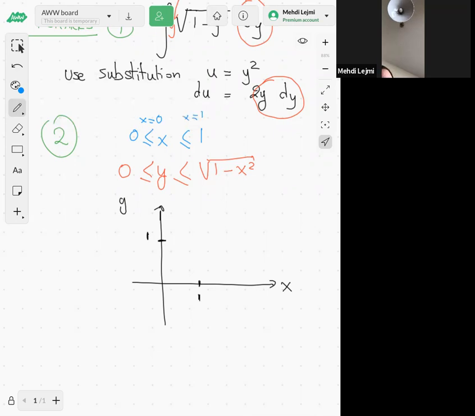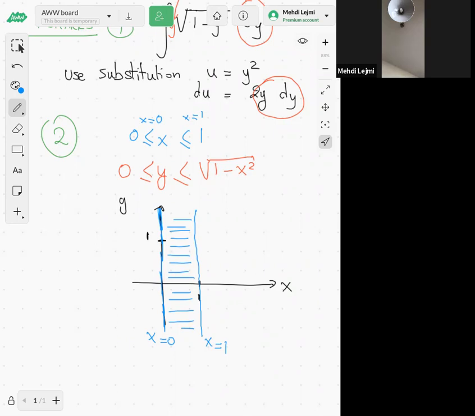X equal to 0 is, of course, just the y-axis. X equal to 1 would be this vertical line here. So I'm saying my x is between 0 and 1, so that corresponds to this region here. That's the region where x is between 0 and 1,